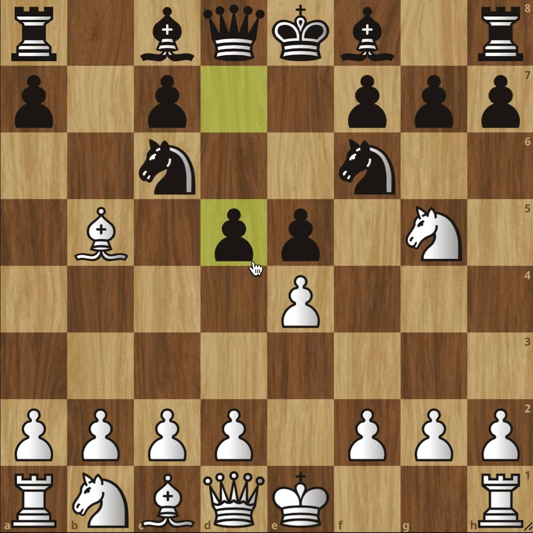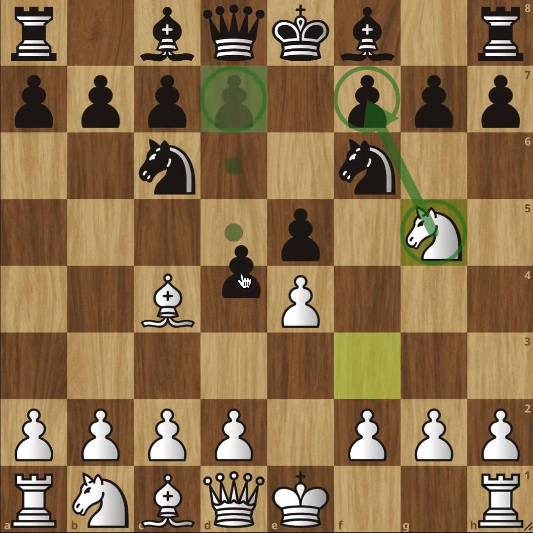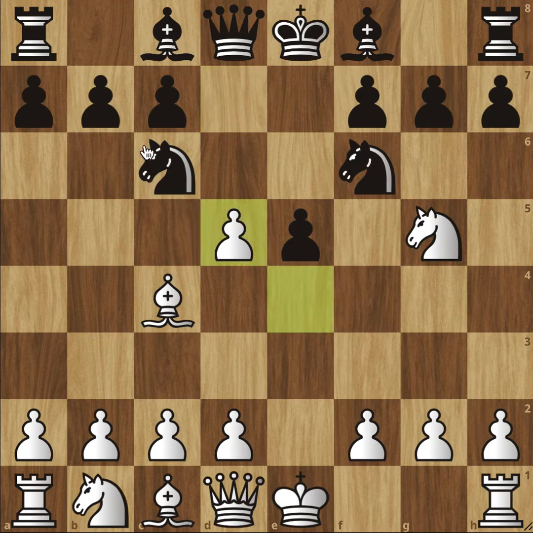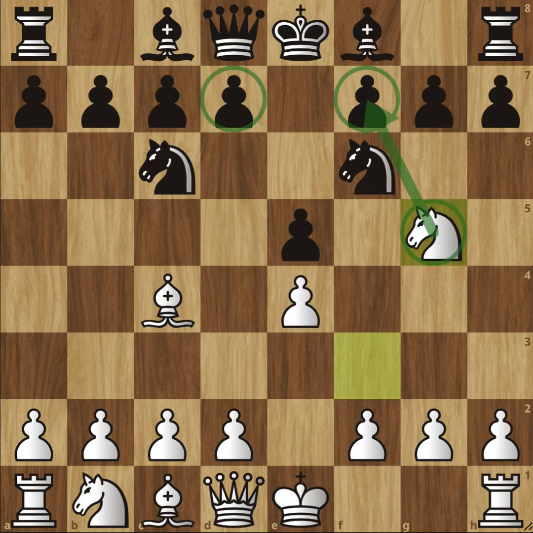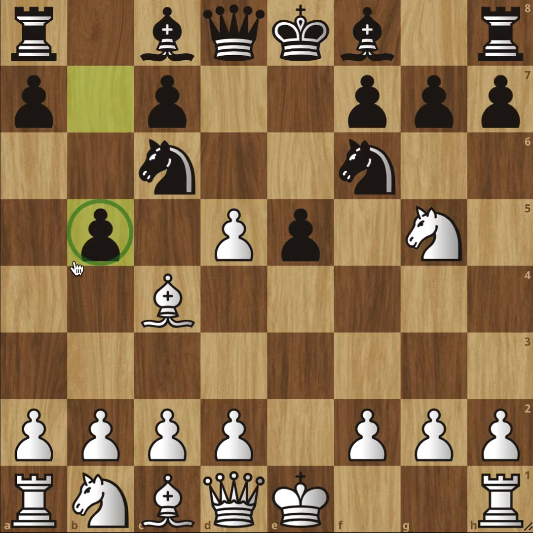Usually here we just take, and we have an interesting position, or we can just play this and then we can play b5. This is another move order difference. b5 in itself might not be the best, but I think d5 and then b5 is way better for black. And here black can,